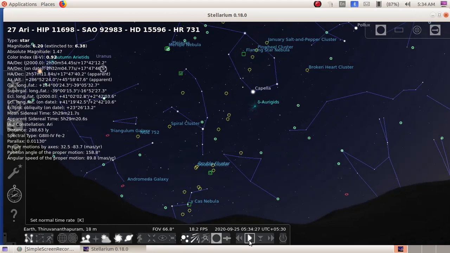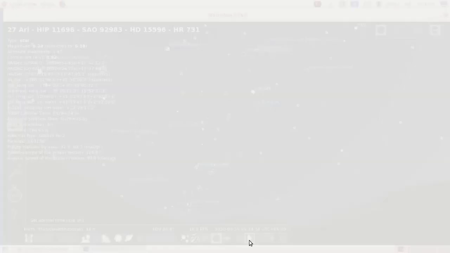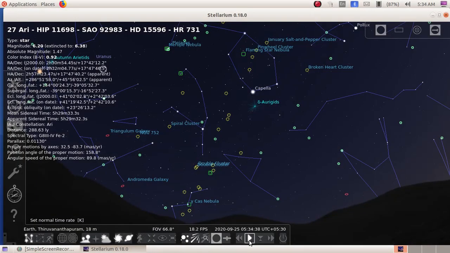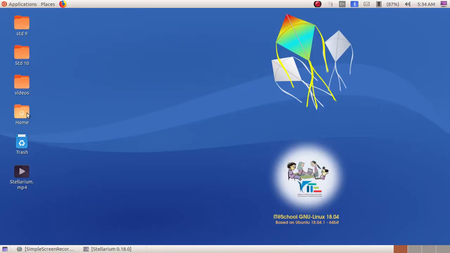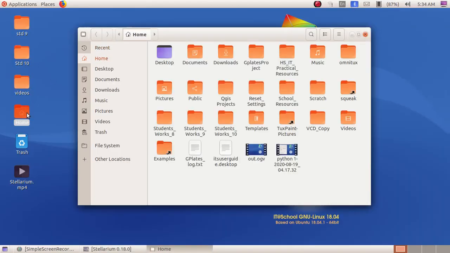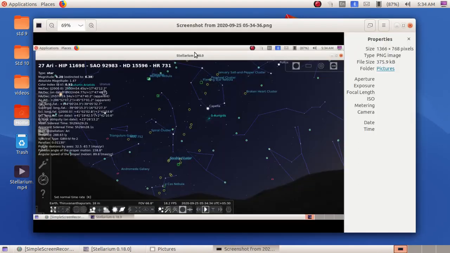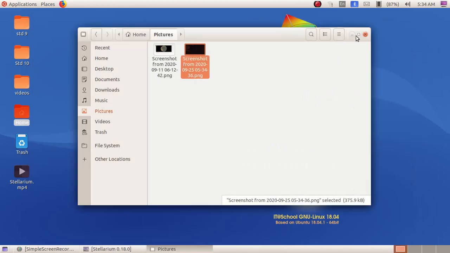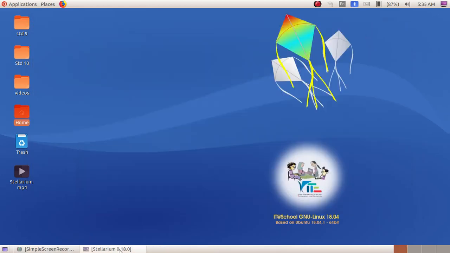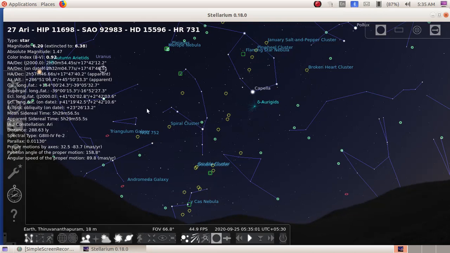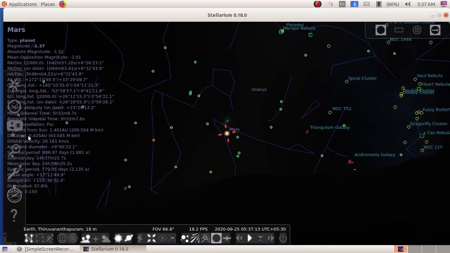To take a screenshot, we can click on the print screen button on the keyboard to take a screenshot of the image. It will be saved to home, and inside it, in pictures, you can see the screenshot we have taken. Then we are getting back to the window. Those are the various things we can see here. Then to log out of this window, we have to click on this last button here, quit.